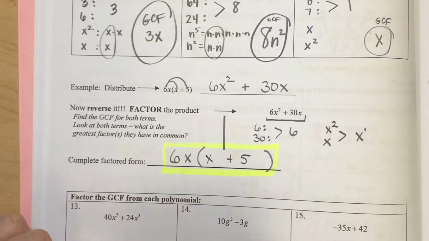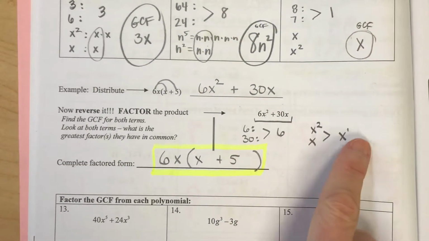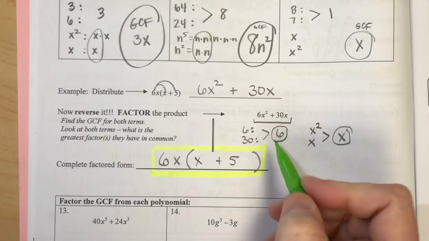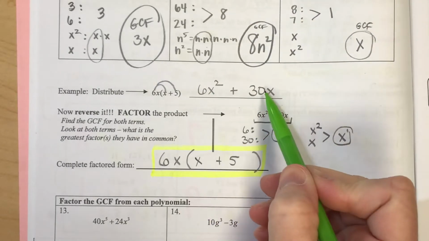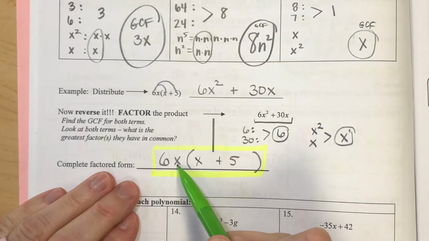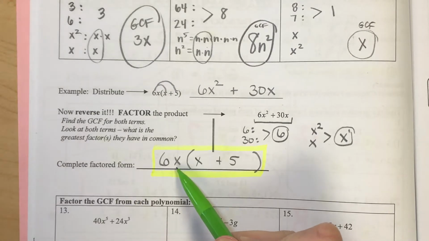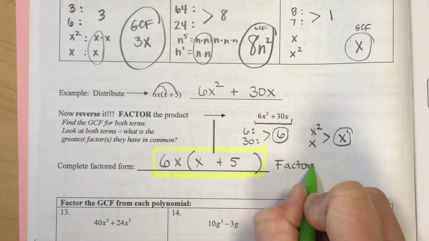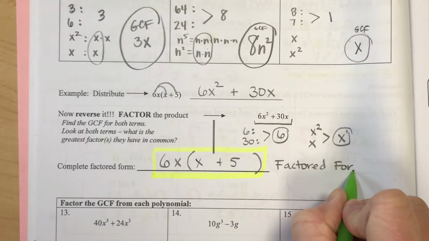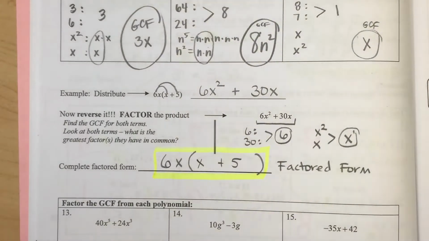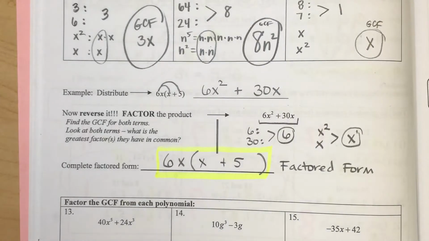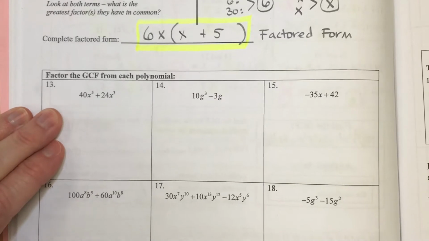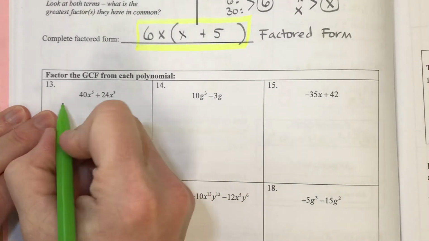Essentially what you do is you first find the greatest common factor, which is what we did here, the 6 and the x. And then you take the problem that you started with, your polynomial, and you divide out the greatest common factor from each of the terms. And this is what is called factored form. I'm going to do 6 examples with you on finding the GCF and then factoring that out, meaning dividing it out. So between the two numbers 40 and 24,